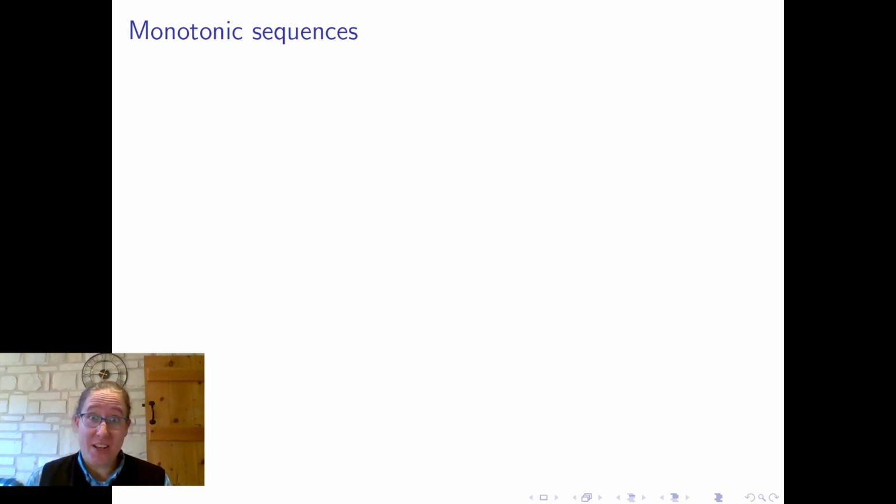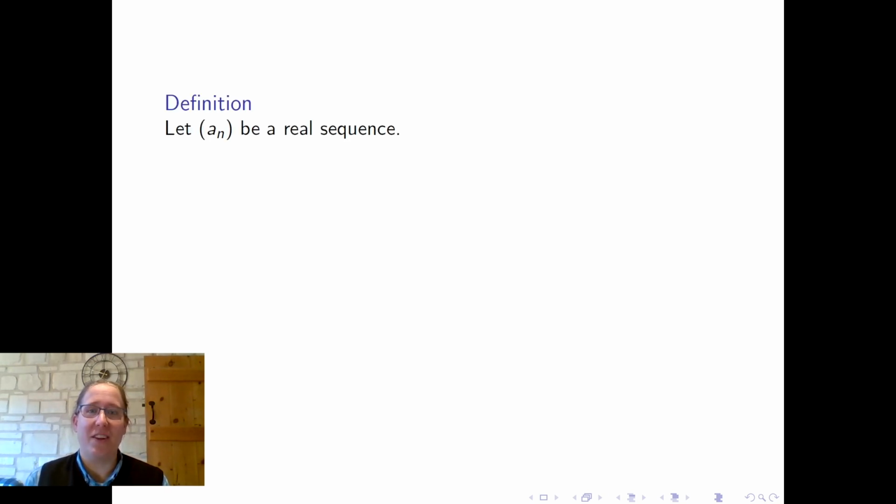So let's start with a definition of what those are, and then we will move on to see what we can do with them. I am sure that you already have some intuition about increasing and decreasing sequences, but this is quite an important definition because it sometimes clashes with what we might intuitively think of as increasing and decreasing. So I want to be really clear what the definition is.